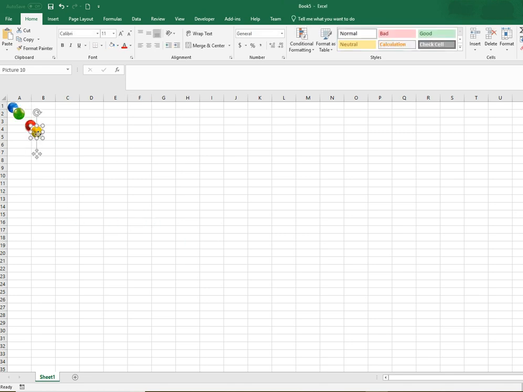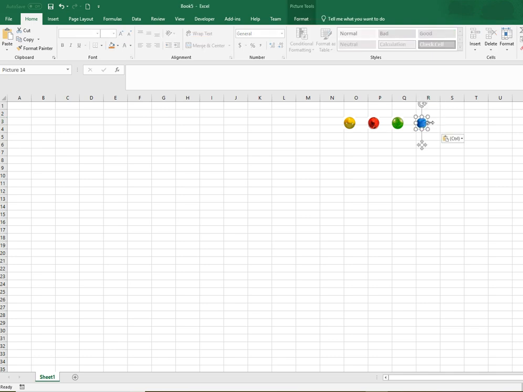Okay, then select your first number, Control X to cut, and then put it over where you're going to have it. Control V to paste, and that places it inside that cell. Control X, Control V, Control X, Control V, and last one, Control X,